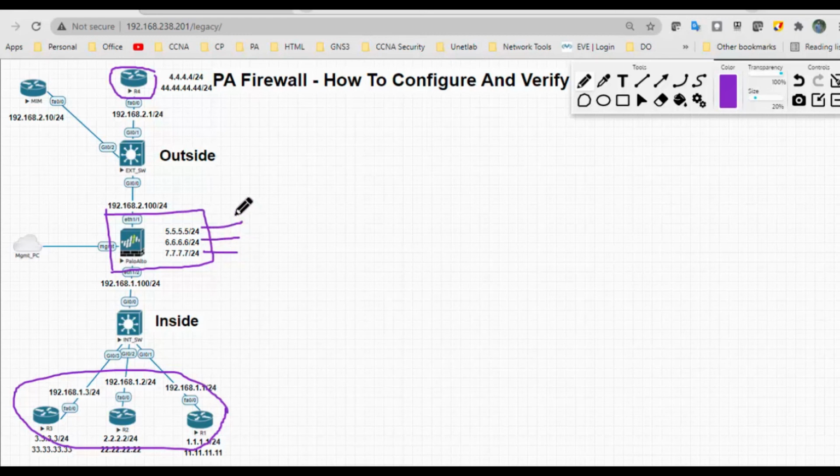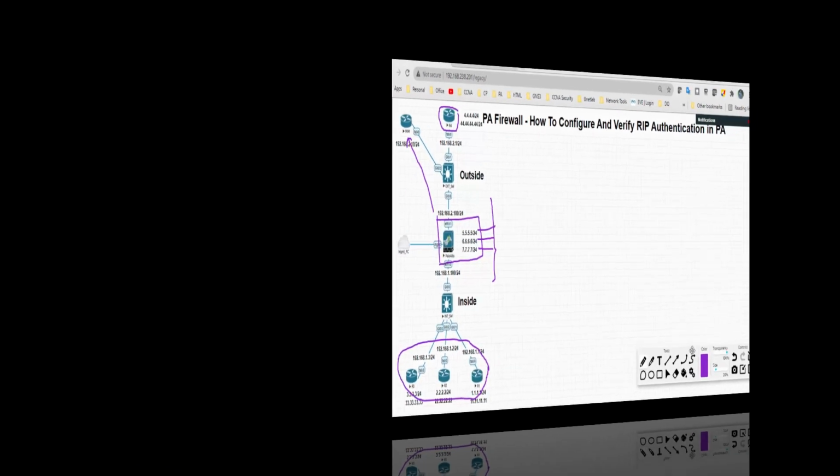With this we can stop publishing the routes to the man in the middle attacker. I hope this video has been informative for you, and thank you.